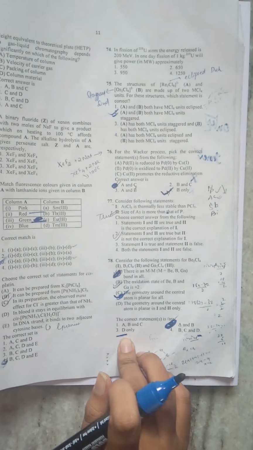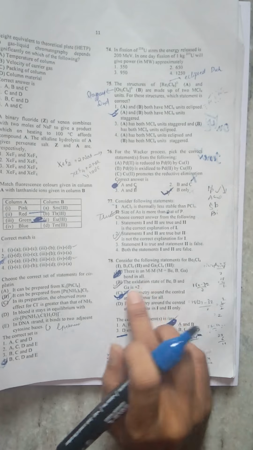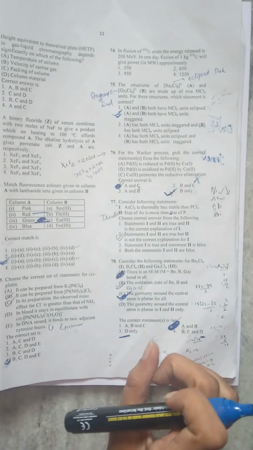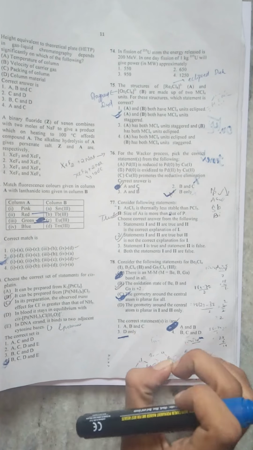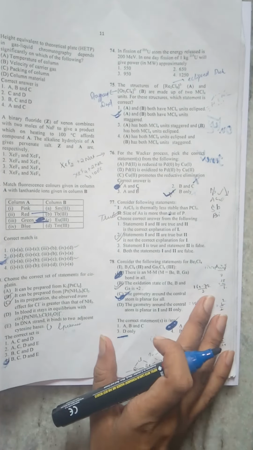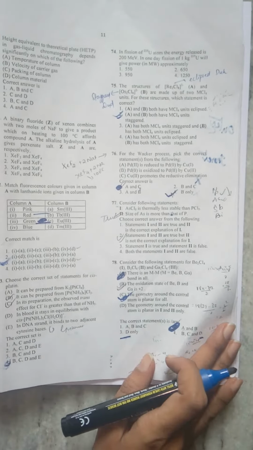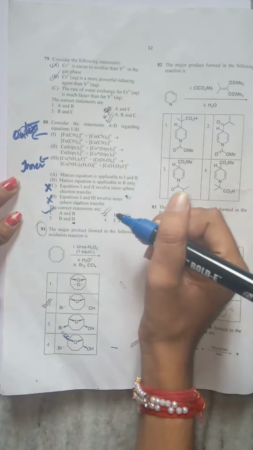So the answer should be D only, right? But D only also cannot be the option, because the oxidation state is +2 in all of them. You can observe that. So this is a controversial question. I cannot tell if this question is correct or not. If there is something wrong and you have attempted it, you are going to get 4 marks for sure. Not a problem with that. But if I am going wrong somewhere, then there will be a problem. Anyway.